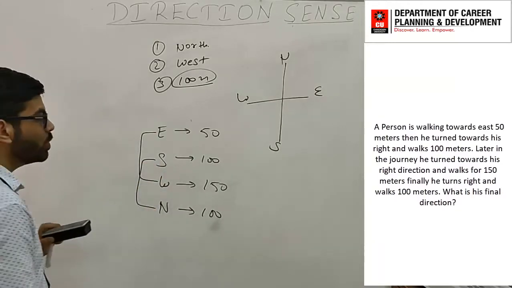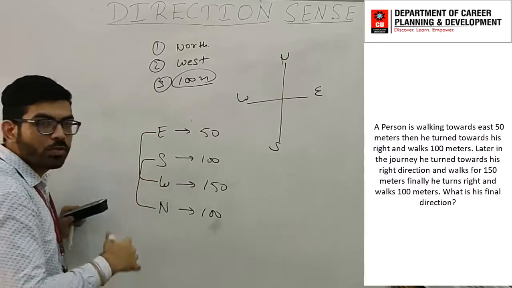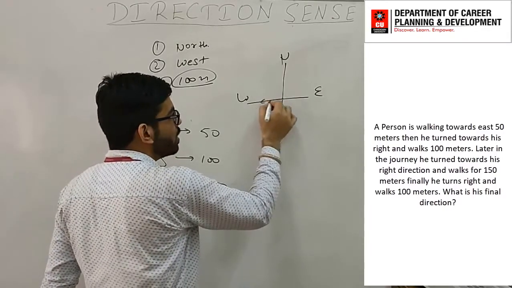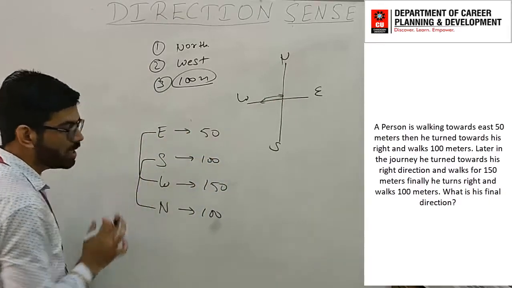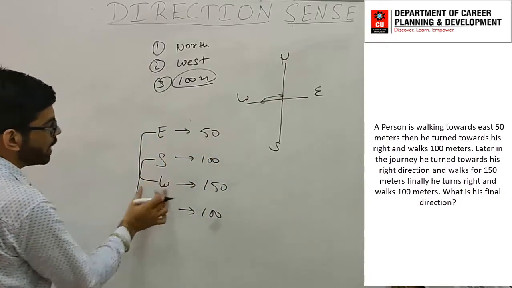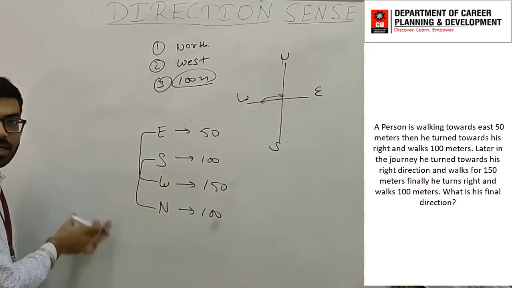Just see why. Just because when you're talking about first you go to east, then go to west. That means you will go like this one, then again this side direction. So that's why we are subtracting the opposite directions. So when you subtract the values from here, south and north cancel out. 100 minus 100 cancels out.